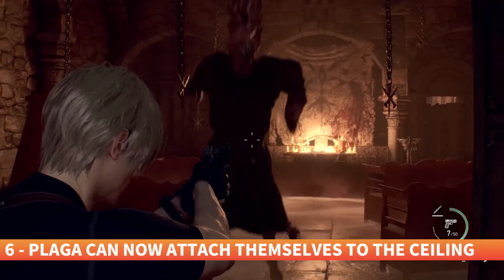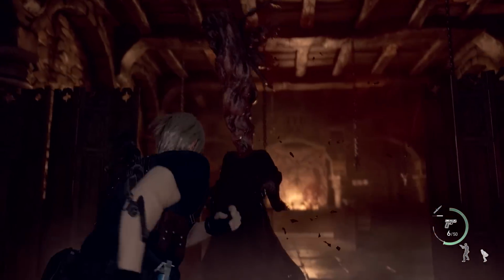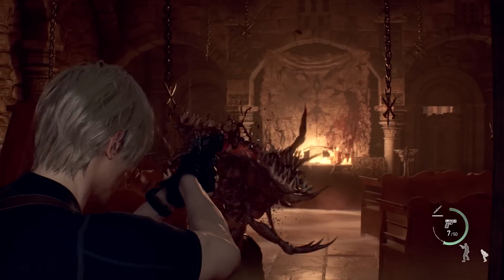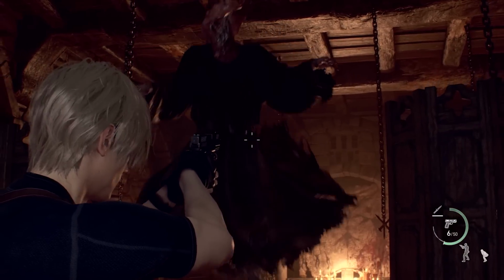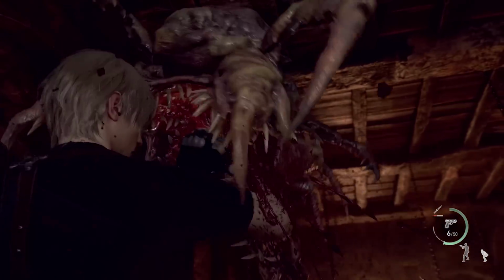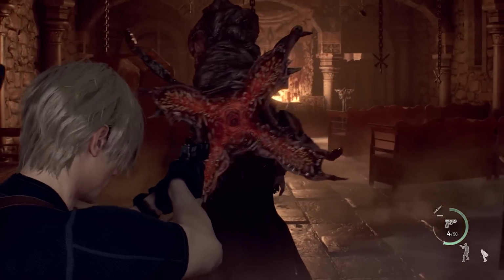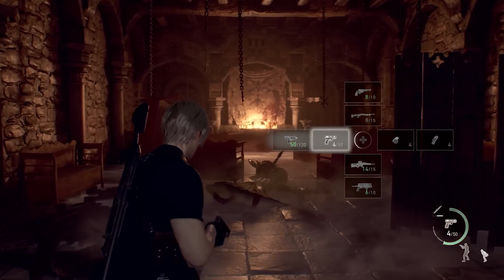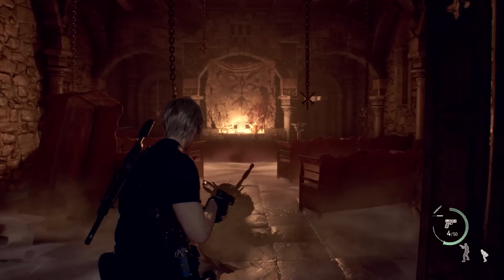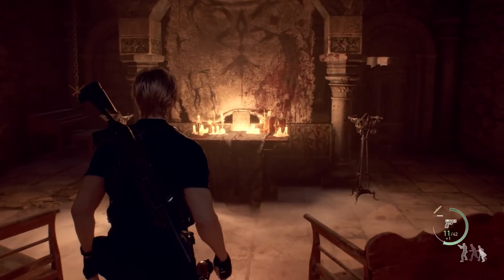Yes, you heard that right. The already terrifying PLAGA that erupts from cultists' heads can now leap into the air and attach to the ceiling, which is utterly terrifying. This, I think, is a welcome addition considering the amount of combat versatility that Leon now has with the ability to sneak as well as parry attacks. So seeing this terrifying display is only welcome considering how much more Leon can now do in combat compared to